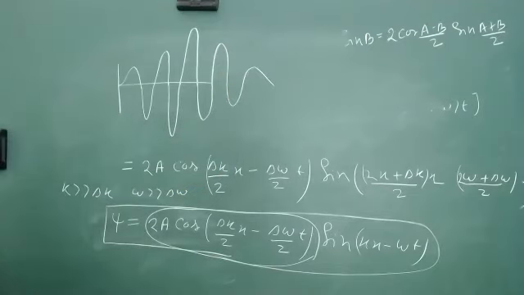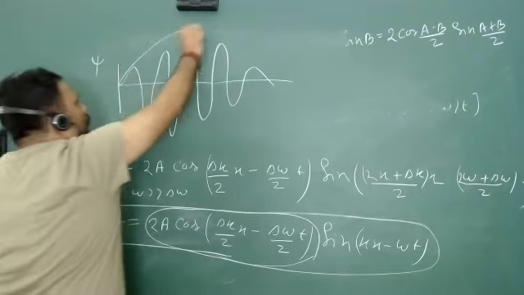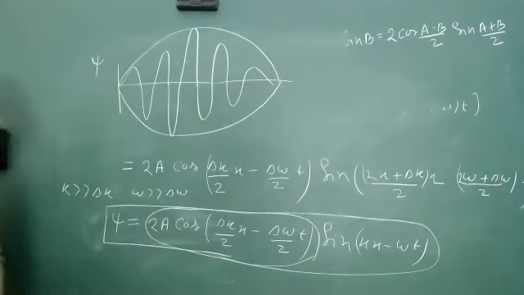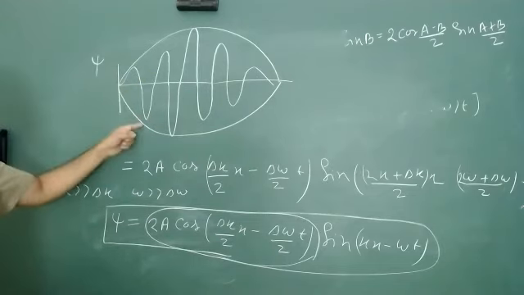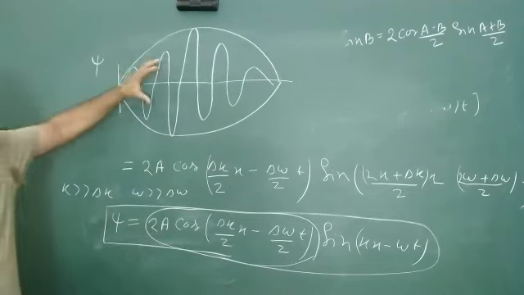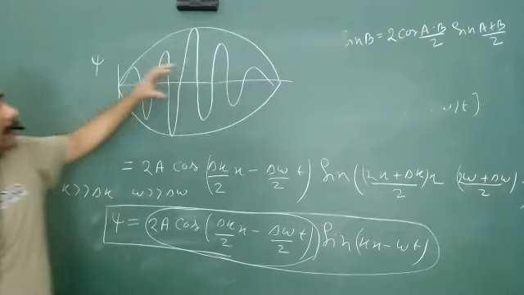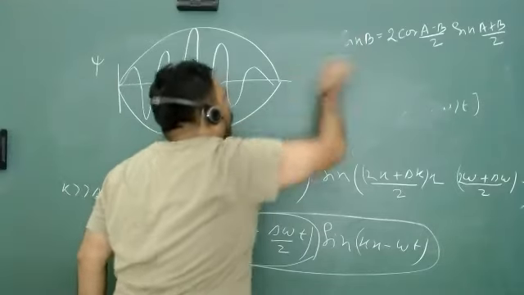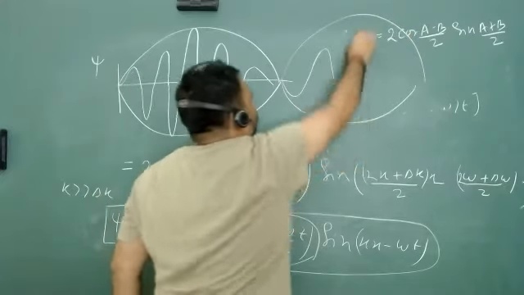So this kind of pattern you have shown with the wave. This is the exact psi versus x, and now this is the variation of amplitude. This is the variation of amplitude, isn't it? So the amplitude is going to vary, and if you take the amplitude mode, this will be moving something like a wave packet. This is moving something like a wave packet. And again you will have the same kind of situation, the same kind of wave packet.